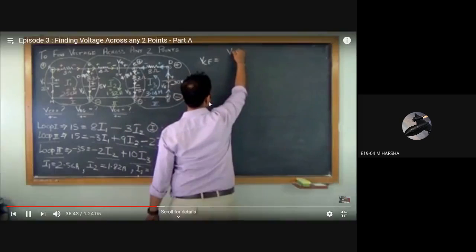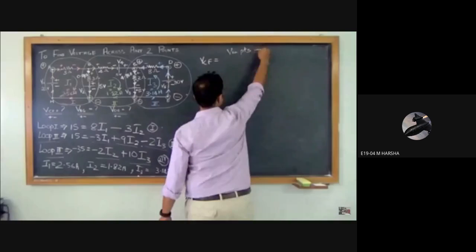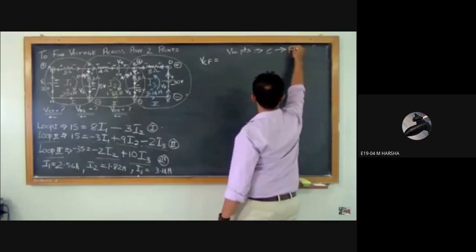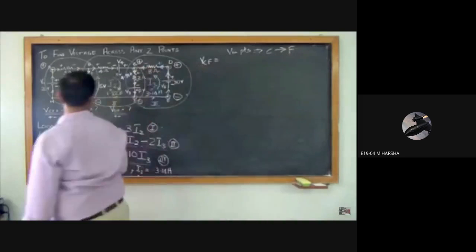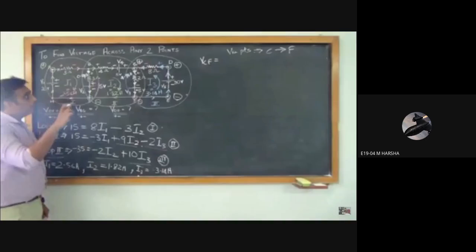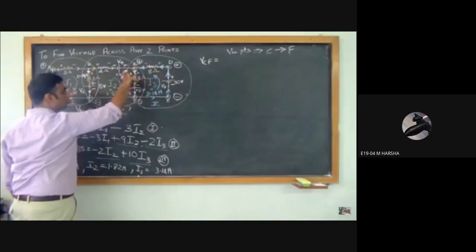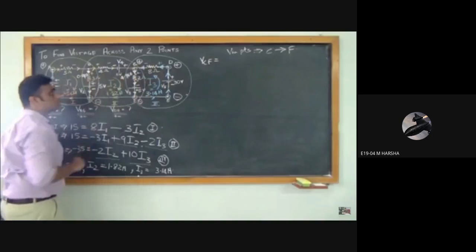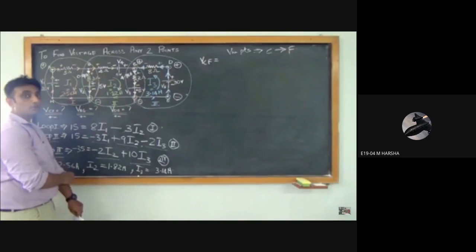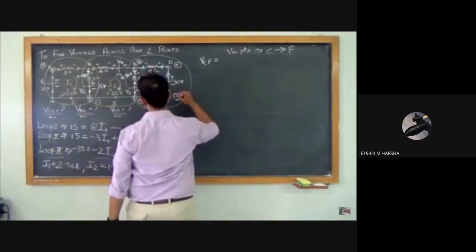So via points C to F, which is the shortest route. So you're going to avoid all your tedious calculations by shortening your steps. So across points C to F. Now always remember,